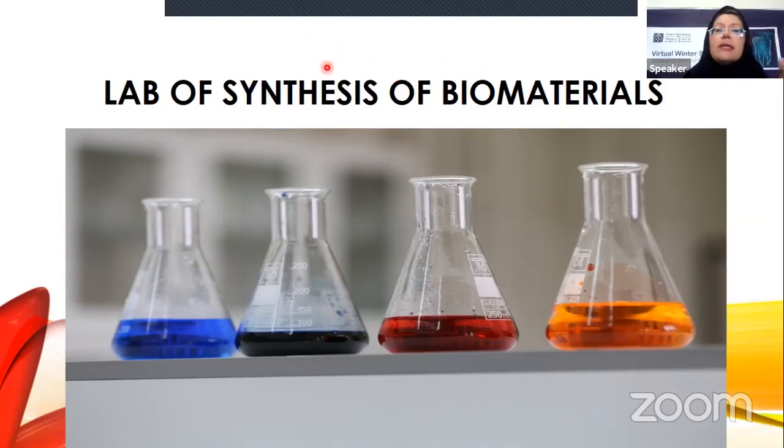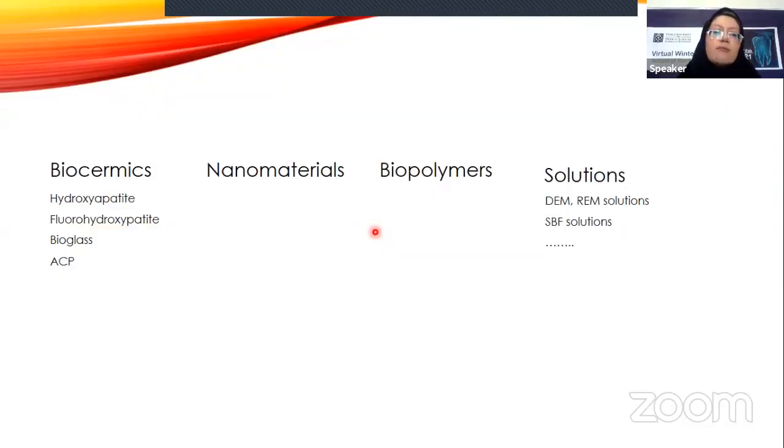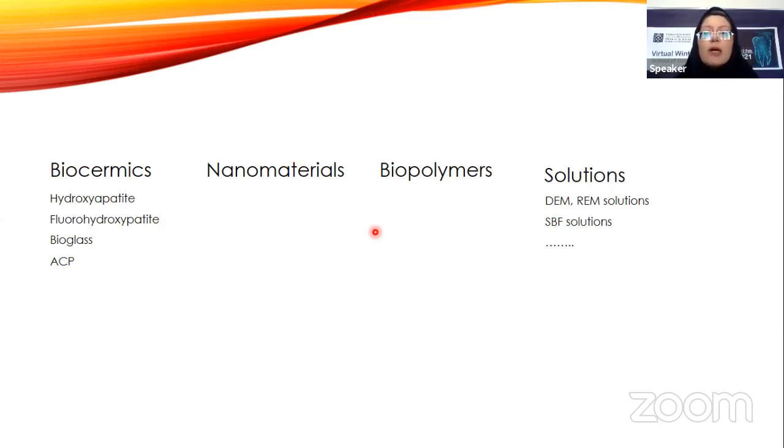Our second lab is the lab of synthesis of biomaterials. We have different equipment and also different accessories in this lab. This is the view of our synthesis lab. We synthesize different materials, the bioceramics materials like hydroxyapatite, fluorohydroxyapatite, different bioglasses, amorphous calcium phosphate, different nanobiomaterials, different biopolymers, different